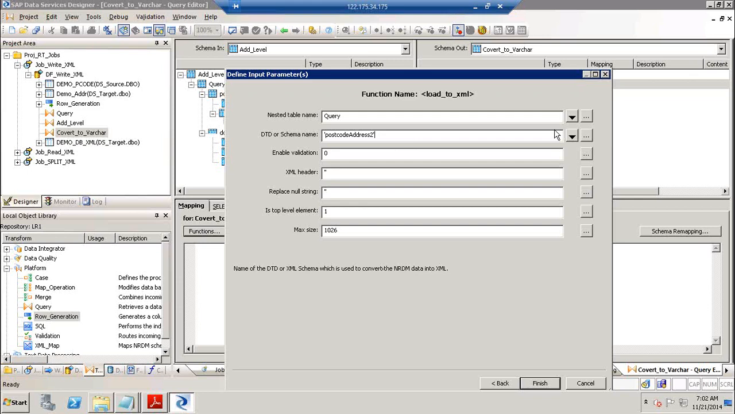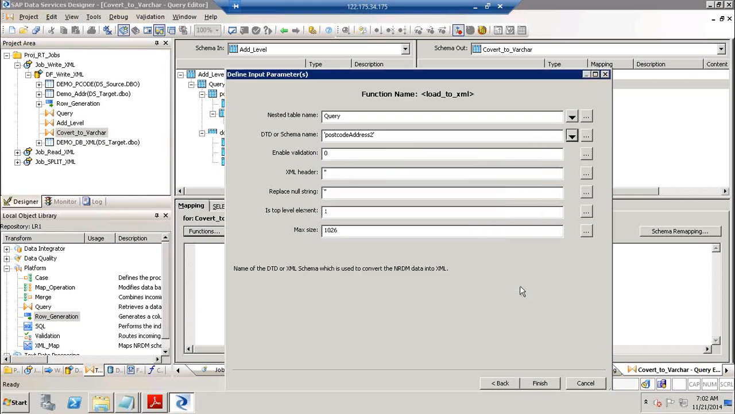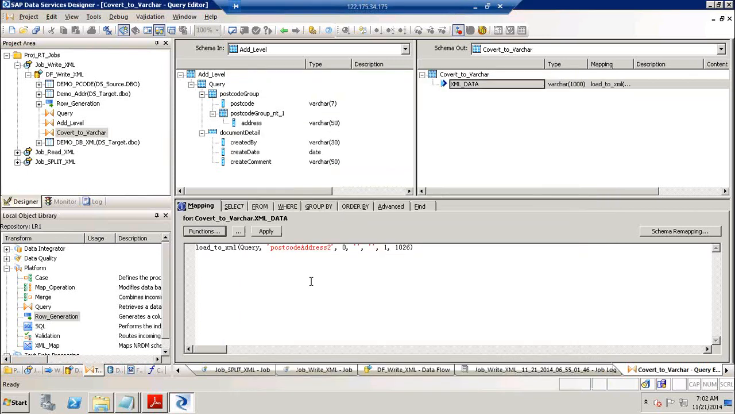Then here, select the exact schema into which the data should be written. Then enable validation 0, XML header 2 single quotes. Then replace null string with 2 single quotes. Is top level element 1, and maximum size is 1026, and click on finish, and you will see load to